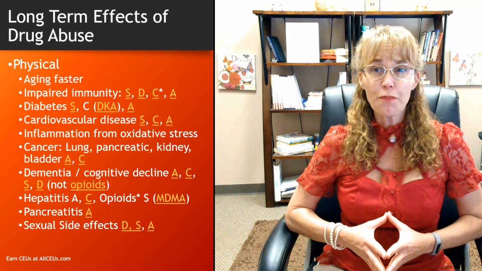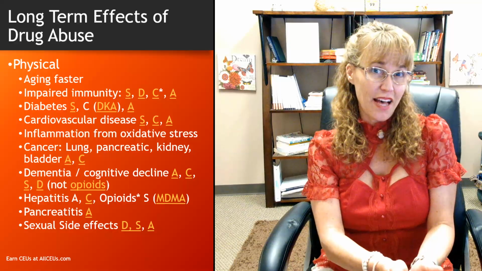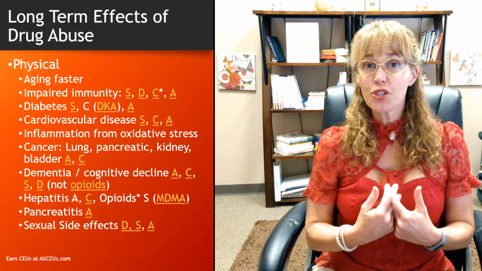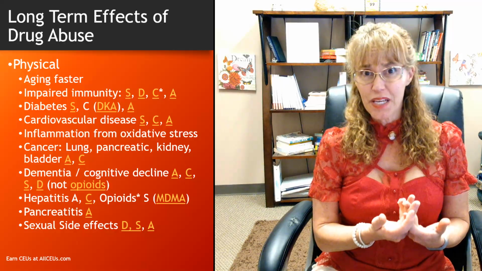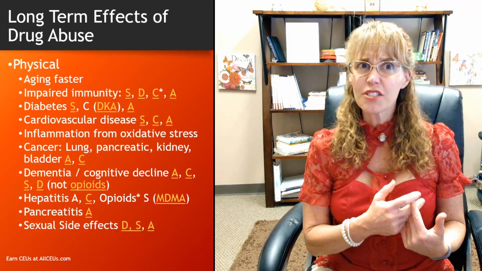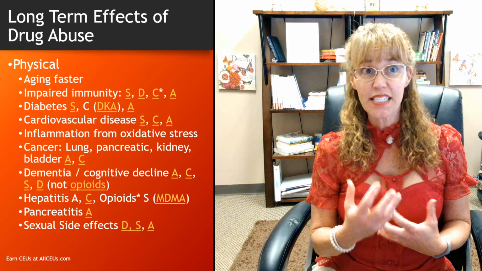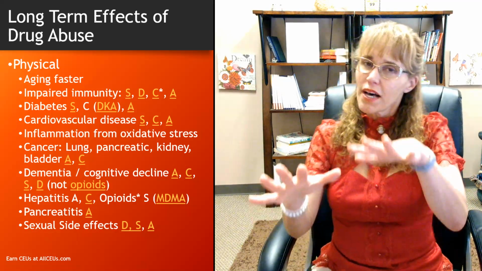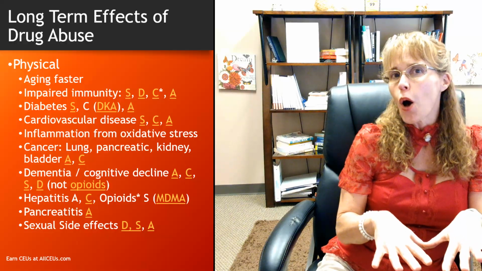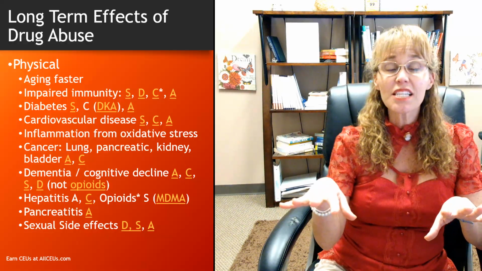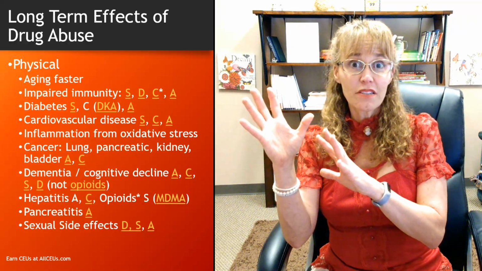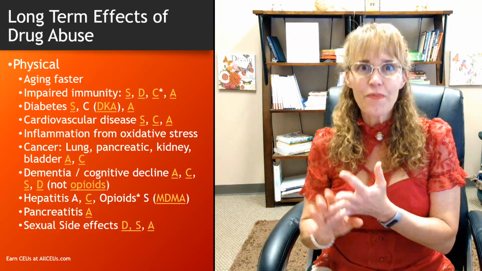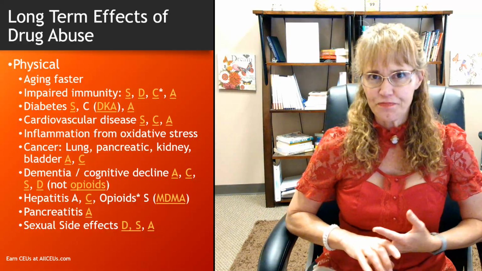Long-term effects of drug abuse. We have your acute effects during intoxication. When people are using, if they're using stimulants, they're triggering that HPA axis, and likely they're also triggering a lot of oxidative stress and inflammation. If they're using depressants, well, they're calming everything down. But whenever the depressants leave their system, there's that rebound withdrawal, and that also causes inflammation and oxidative stress.